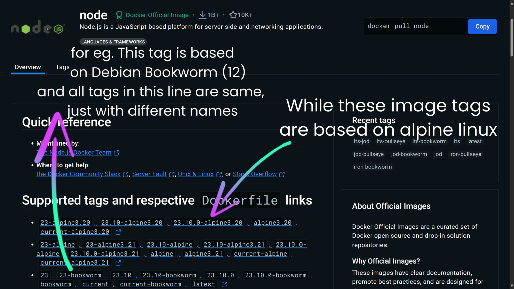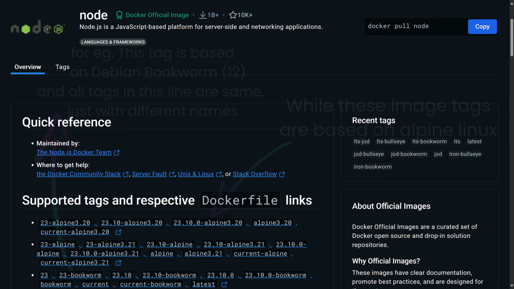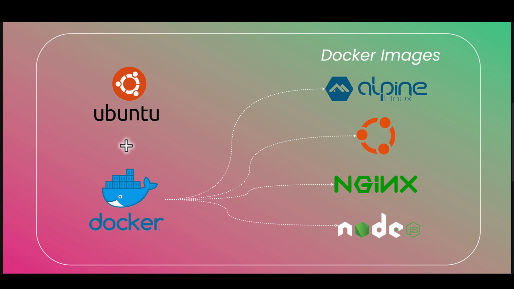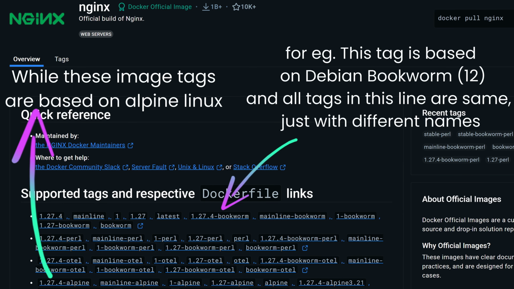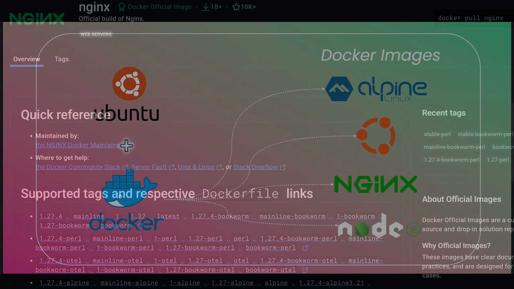So, they may have different tags to specify the same. For example, Nginx may have separate Docker images that are based on Ubuntu, Debian and Alpine Linux respectively on the same image version, but with different tags specifying the same. So, you can choose the image appropriately according to your needs.